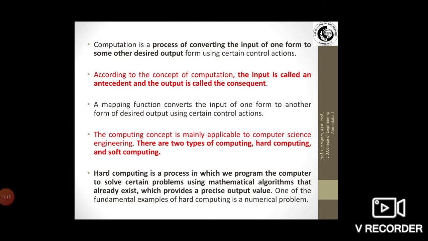So that is one of the best reasons. Computation is actually a process of converting the input of one form to some other desired output. Input is called the antecedent and the output is termed the consequent. A mapping function converts the input of one form to another form of the desired output using certain control